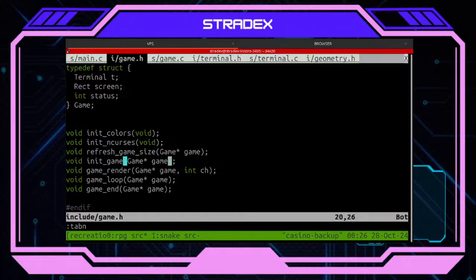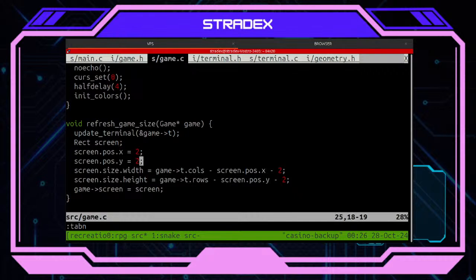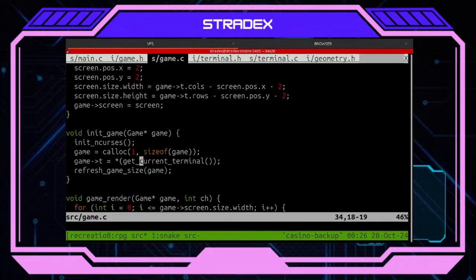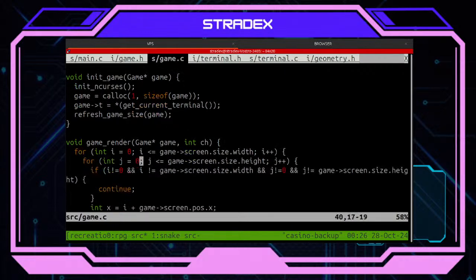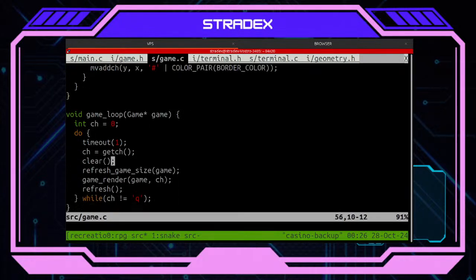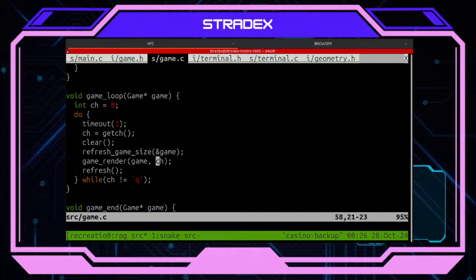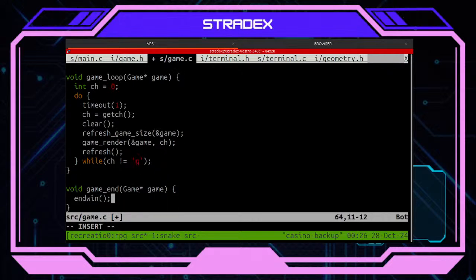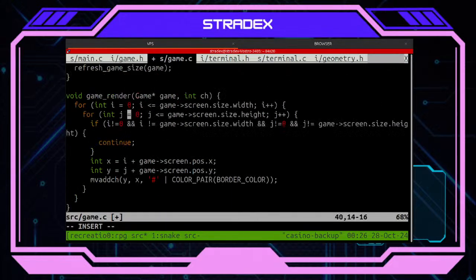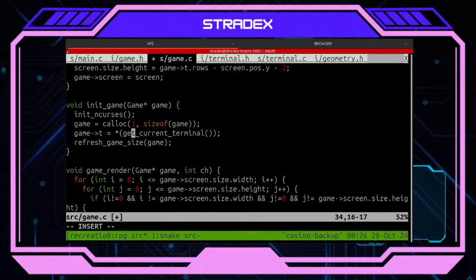Segmentation fault. Okay, where do we have our segmentation fault here? Is it because of something like this? Or something like this? Or something like this?